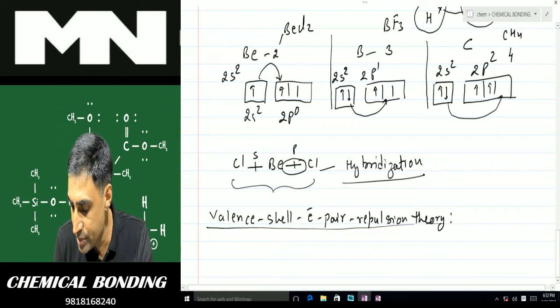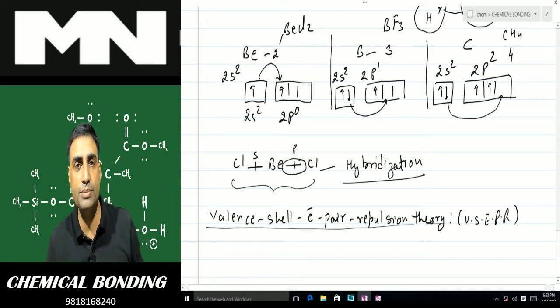Many a time it is abbreviated as VSEPR. As the name suggests, this theory basically deals with the repulsion between the pairs of electrons of the